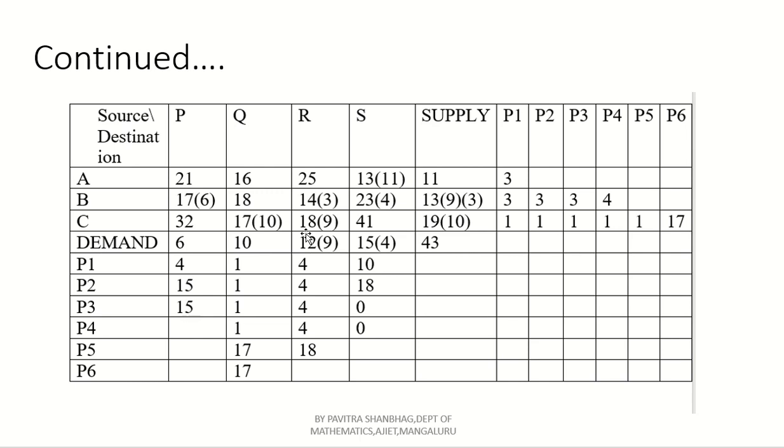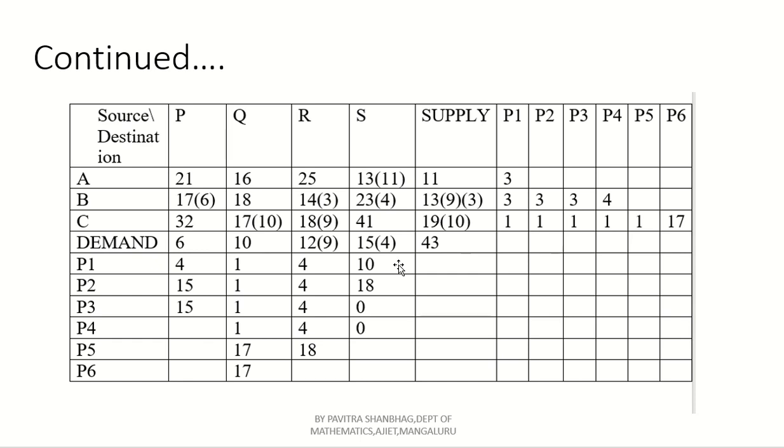Next, what are the lowest numbers amongst these three? 18, 14 and 25. So here 18 minus 14, right, the penalty is 4. Next, what about this one? 23 and 13 are the two smallest numbers amongst this column. You should not consider the demand; demand is not included. Now 23 minus 13, here we will get the difference 10. So we have computed the penalty in each column.